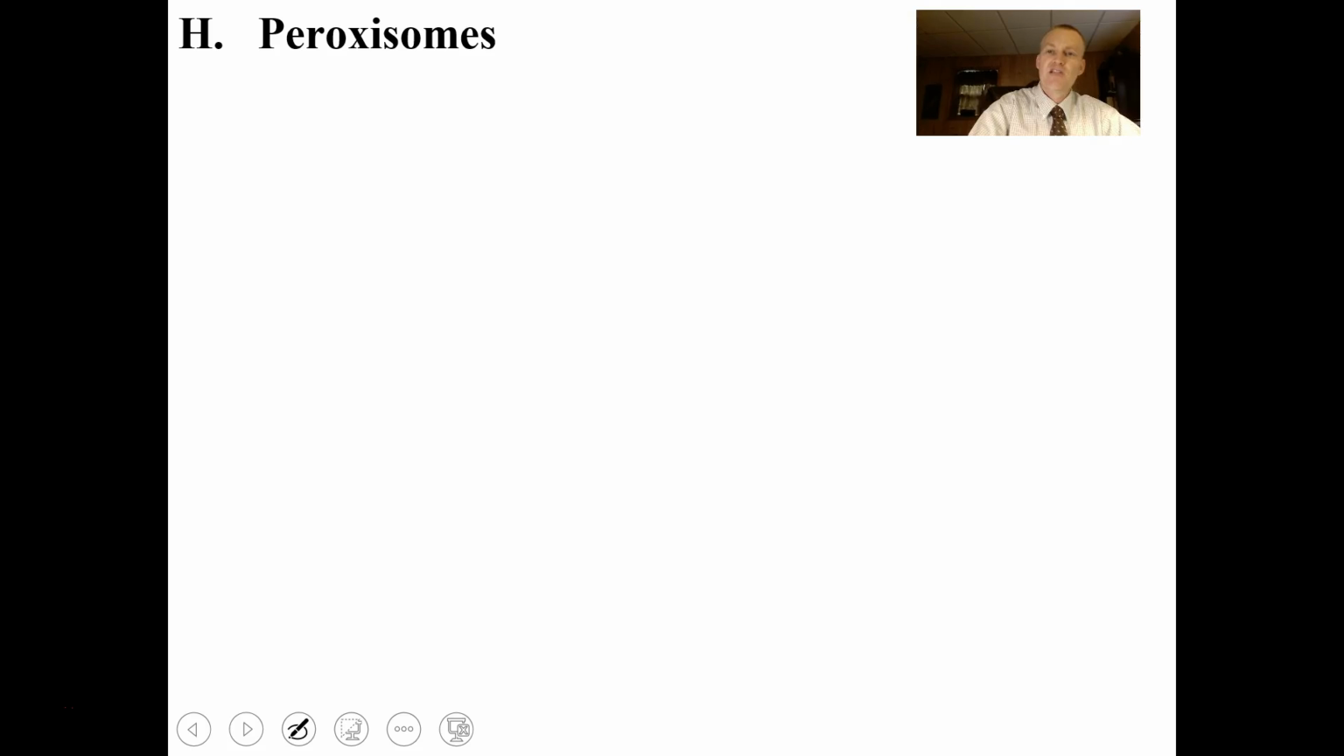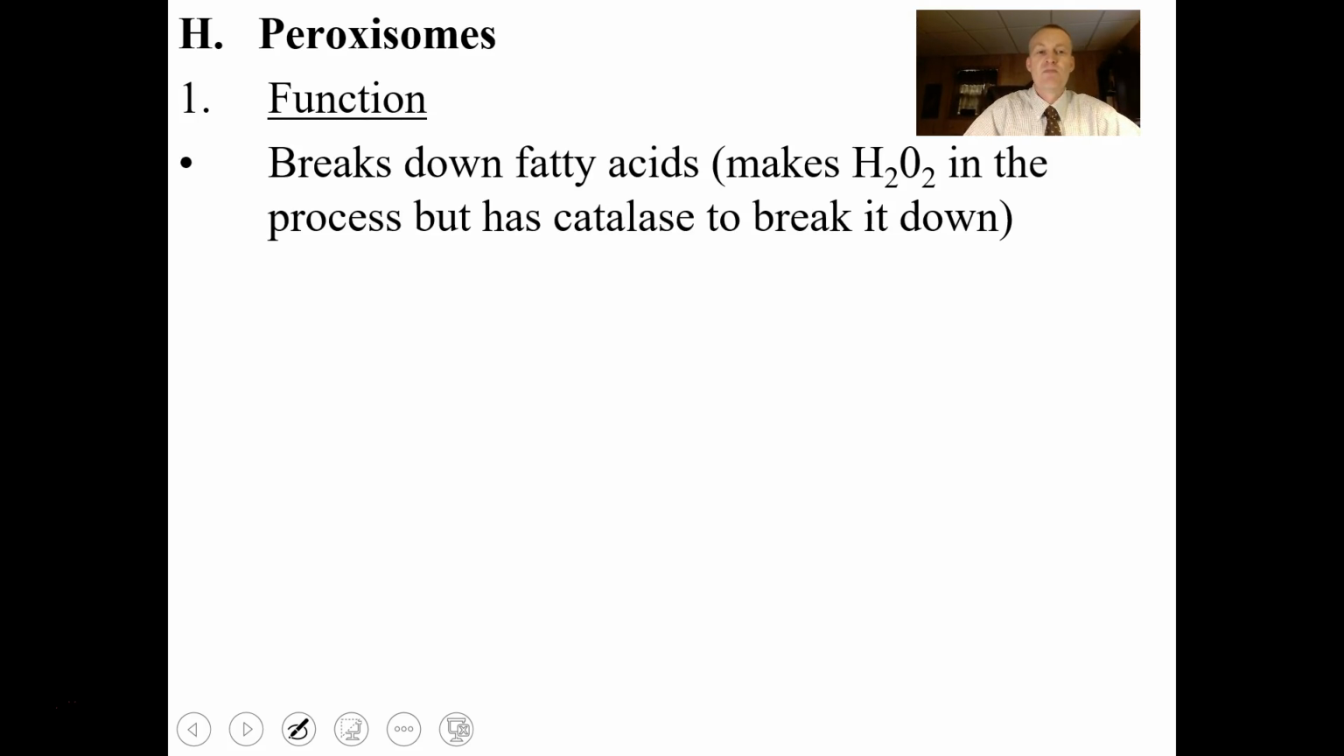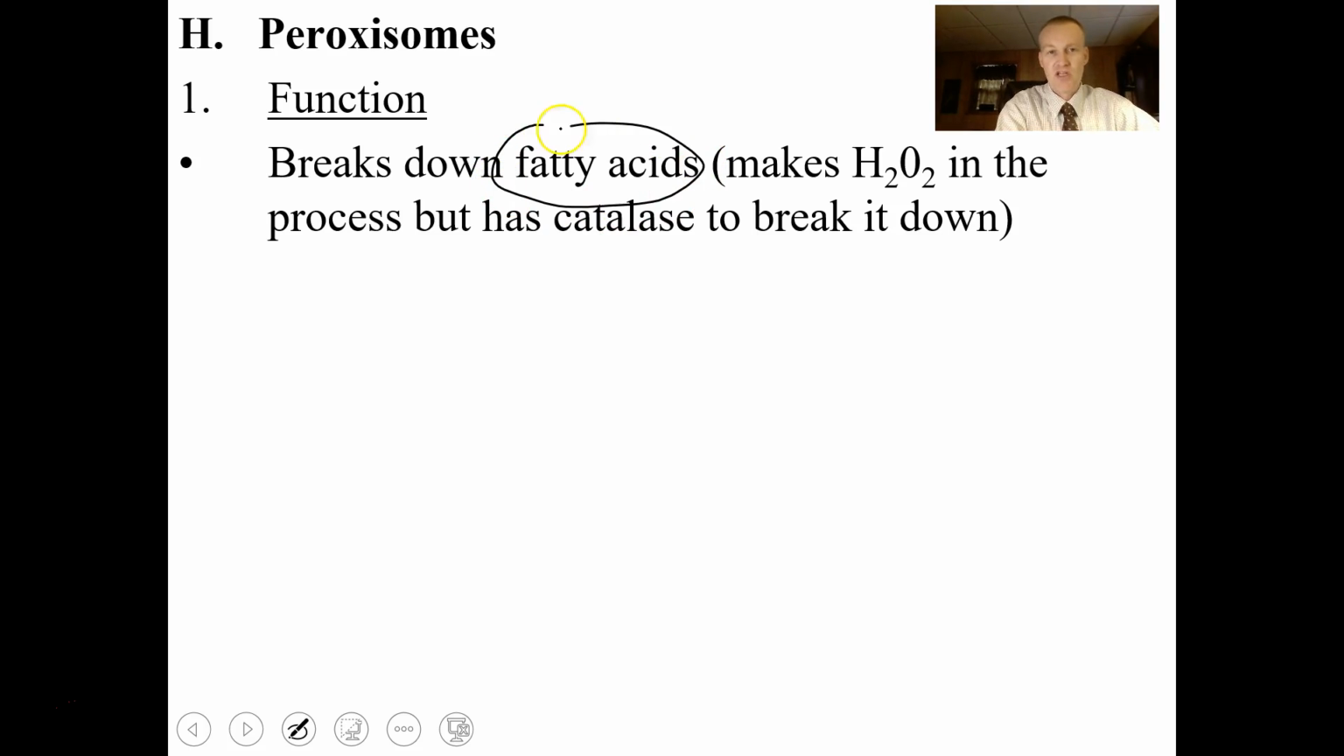The next cell part are peroxisomes. Peroxisomes function to break down fatty acids that come inside of our cells. Fatty acids are very common. In the process of breaking down these fatty acids, the peroxisome makes lots of hydrogen peroxide, which is pretty toxic to the cell. Luckily, though, we have an enzyme called catalase that takes the hydrogen peroxide and breaks it down